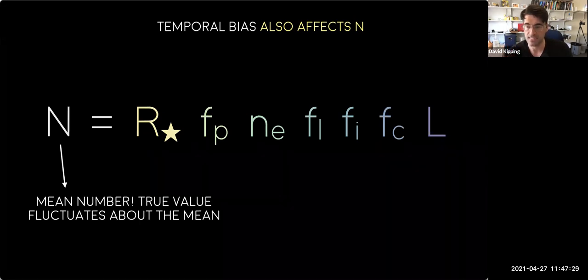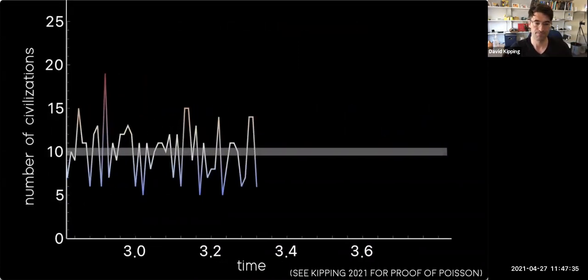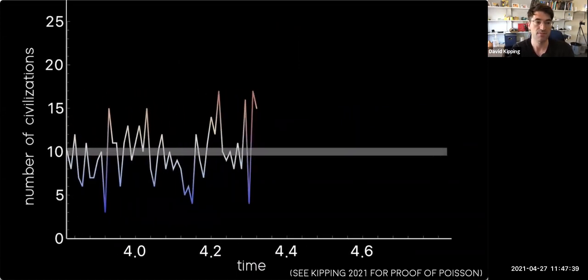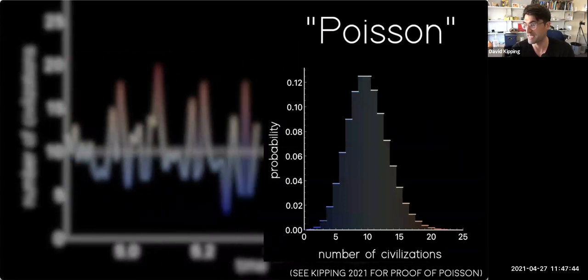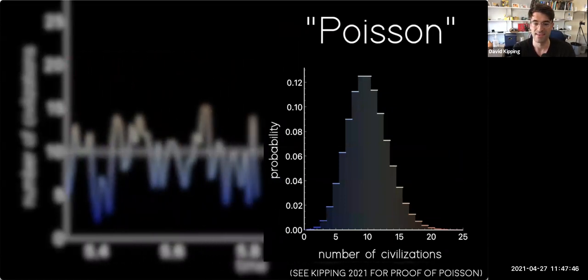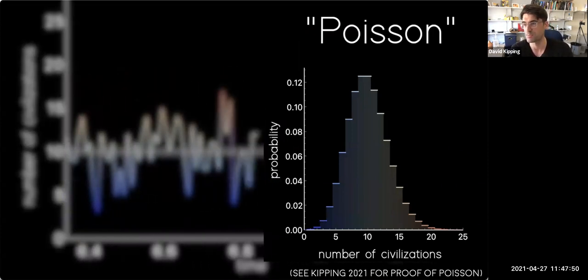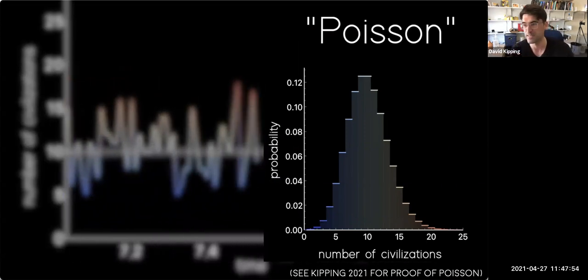This is a mean. This isn't a particular realization. And so if we're being honest, we would expect it to be some stochastic process again, where at any one snapshot in time, the number of civilizations in the galaxy is bouncing back and forth around some average, which is n in Drake's equation. And so just by counting statistics, you can trivially show that it must be a Poisson distribution. The n in Drake's equation is a Poisson. Again, we keep hearing about this Poisson coming up and up. It's all over the place in nature, the Poisson.